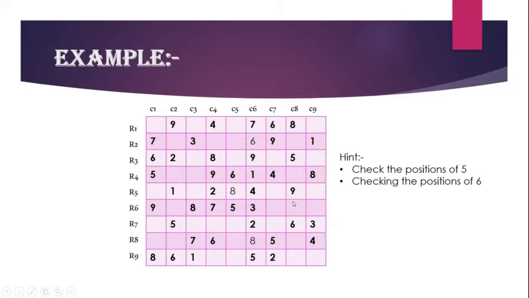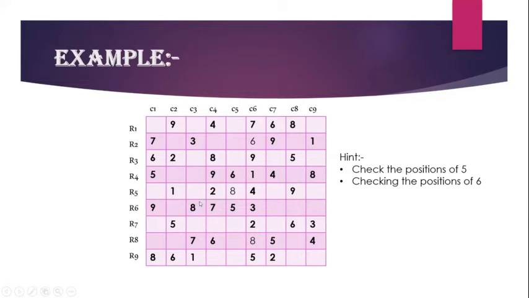Now on checking the position of 6. 6 is missing in 2 blocks, that is block 4 and block 6. Block 4 is a combination of column 1, column 2, column 3 and row 4, row 5, row 6. Now on checking column 1, we already have 6 in it. And checking column 2, we already have 6 over here.